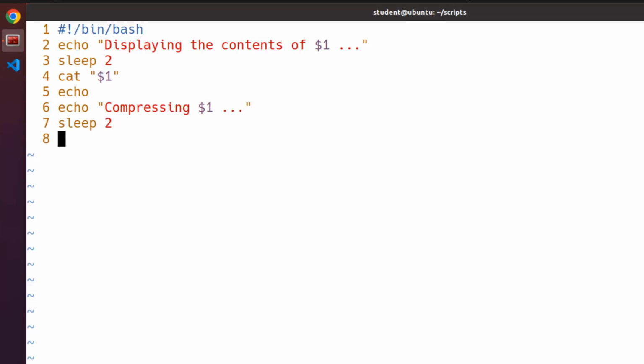And I'm running the command that will compress the file. tar -cjvf $1.tar.gz. It will be a gzip archive, and $1, the file that will be compressed. Note that the archive will be created in the directory where the file resides. I'm saving the file,